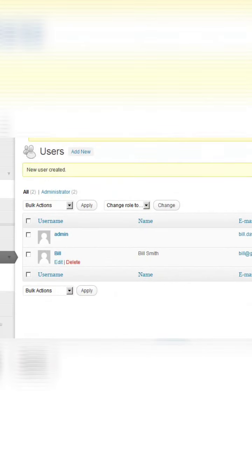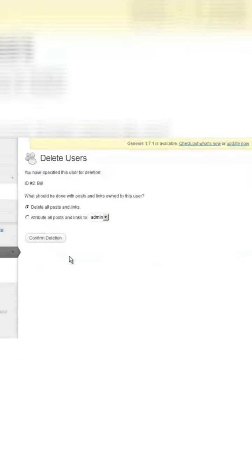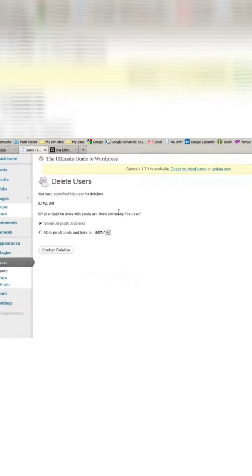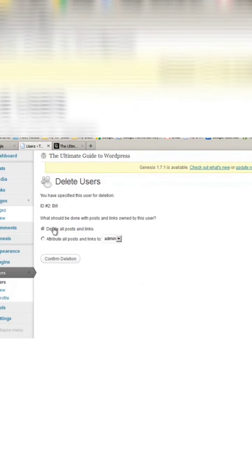And you can see there that the person is here. For now, I'm going to delete this user. And when you delete a user, you have a choice. You can delete all posts and links that that user's created, or you can attribute any posts and links that user created to another user. In this case, the only other user is admin. But it doesn't really matter in this case because that user never really created any kind of content. So then click Confirm Deletion,